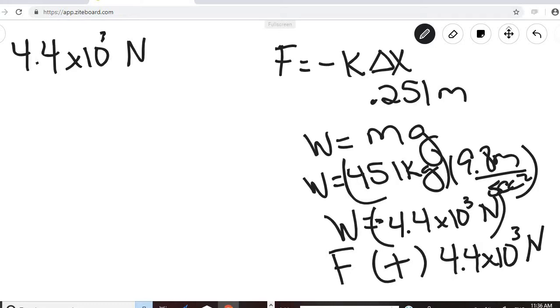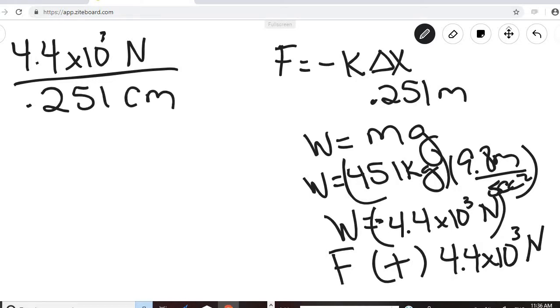And if we divide that by 0.251 centimeters, that's going to give us K. And the displacement is negative. That'll actually give us negative K, because the displacement is going to be negative. So if we do this math, what we end up with is that K is equal to